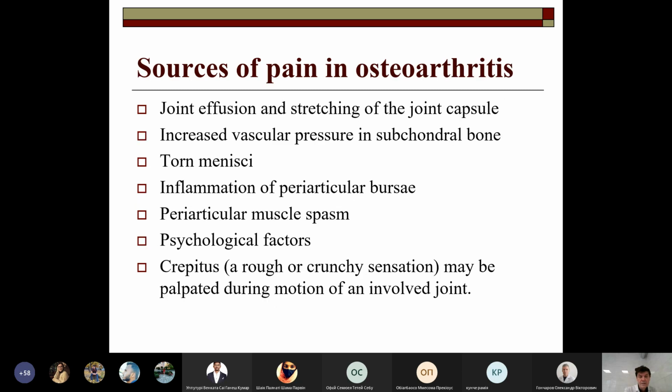Today we should focus on the source of the pain of osteoarthritis, since it's quite difficult to understand which compound might be applied for the people in each clinical situation. For instance, on this slide you can see the short list of main sources of pain, and it is not necessary to think of pain due to collapsing cartilage as the main component of the pain of osteoarthritis, and osteoporosis as well. So joint effusion and the stretching of the joint capsule can be seen in these patients,